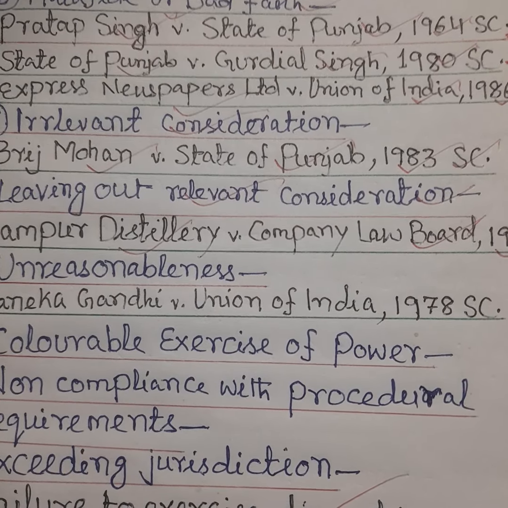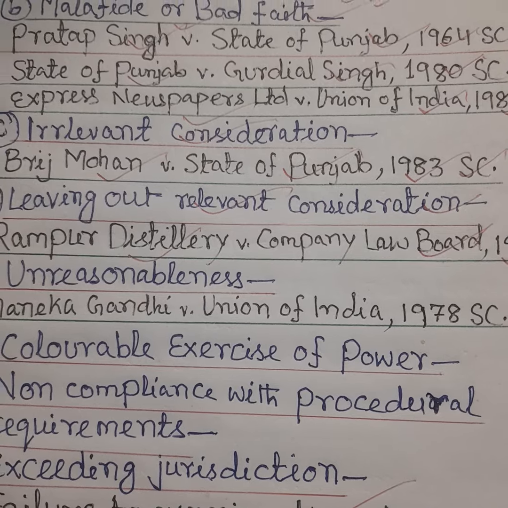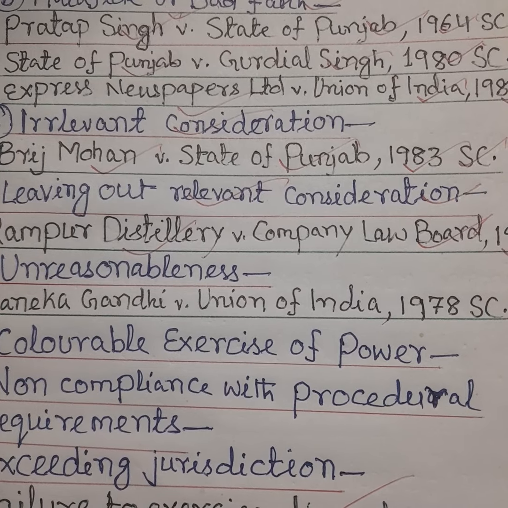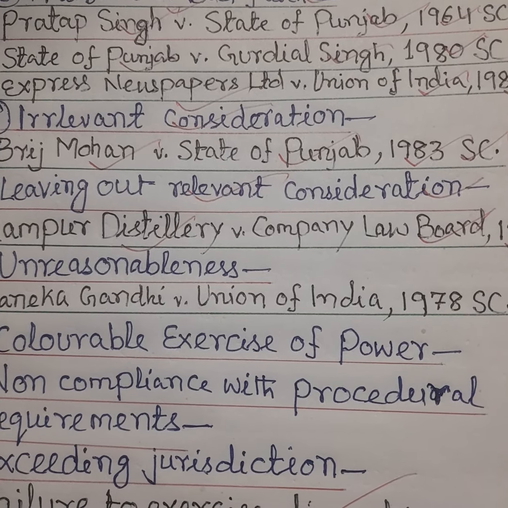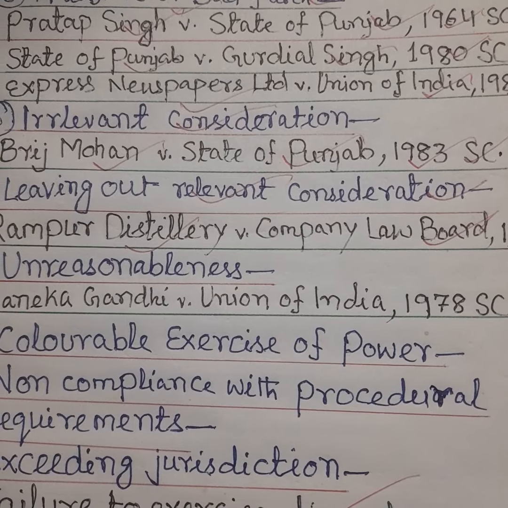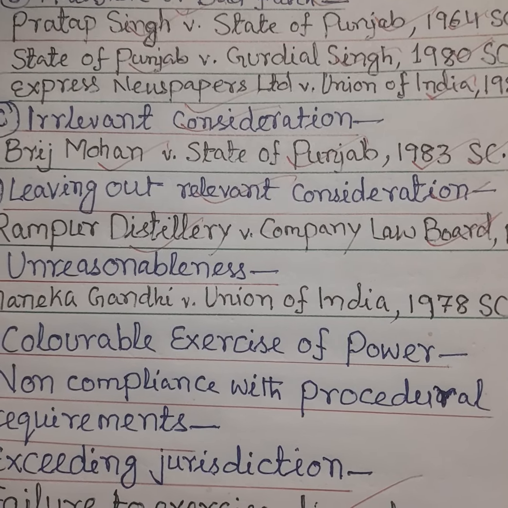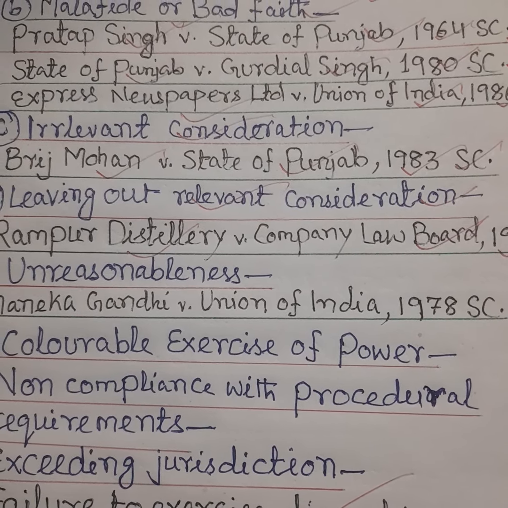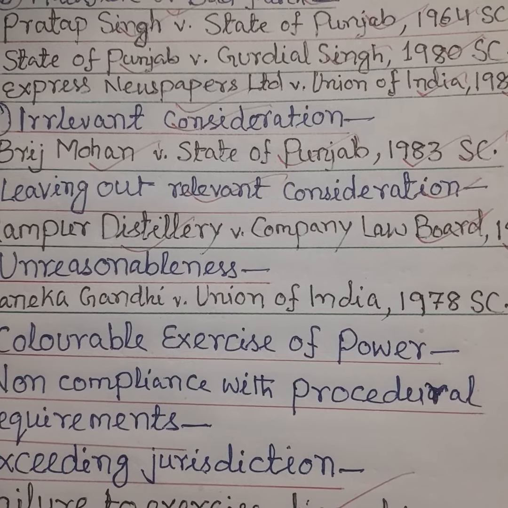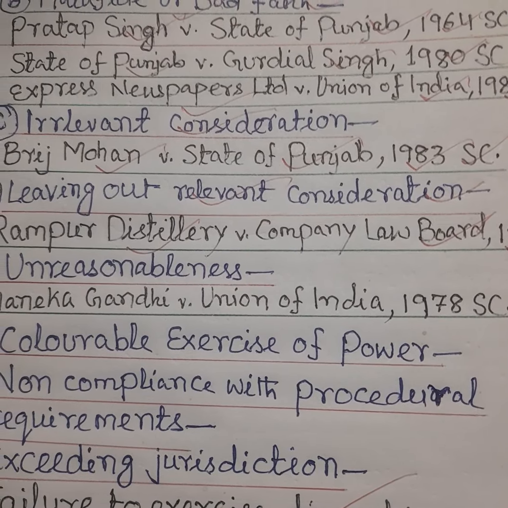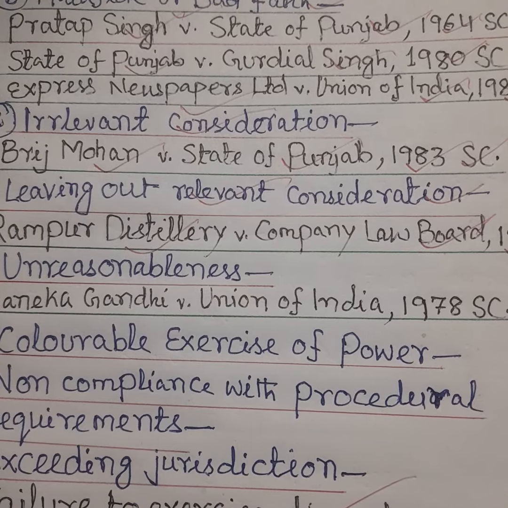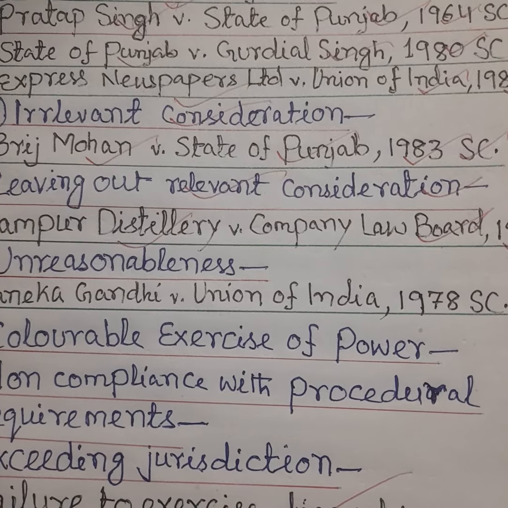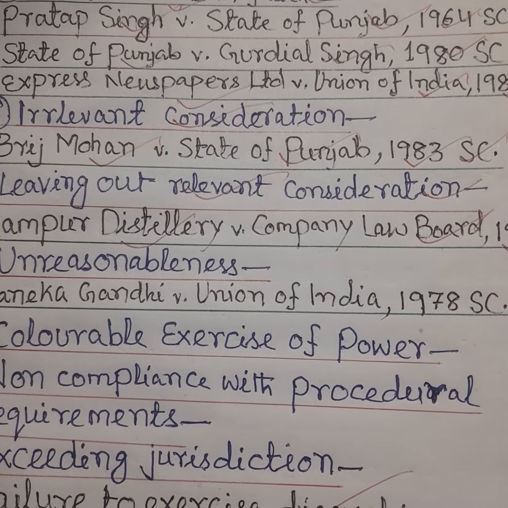So, in Rampur Distilleries versus Company Law Board, the Company Law Board refused to approve the renewal of the managing agency on the ground that the managing director of the agency was guilty of misconduct. In 1946-47, the refusal was declared invalid on the ground that the board did not take into account the present activities